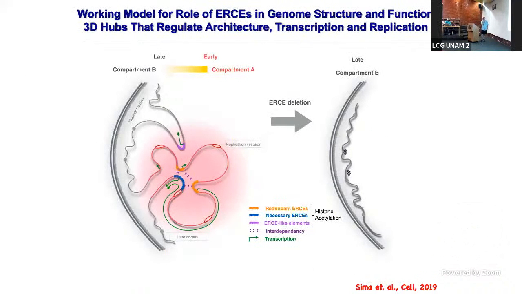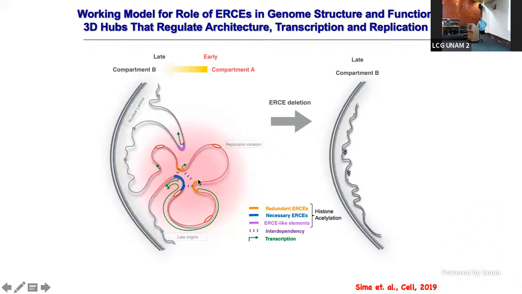Okay, to summarize this story, what we think is happening is we have these OCT4-SOX2-nanog sites, and we think that somehow they are related to these high levels of histone acetylation and the ability of these regions to interact. We don't know how those things happen, but there are anecdotes in the literature of how OCT4-SOX2-nanog could recruit histone acetyltransferases or could interact with each other. Those data aren't very good, but this is our working model for now. They do come together. They are OCT4-SOX2-nanog, and they are bound with high levels of histone acetylation.